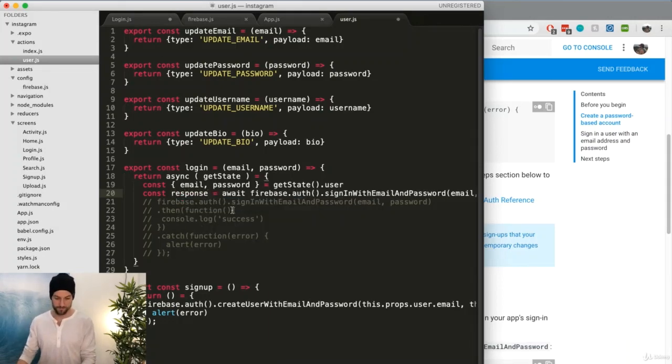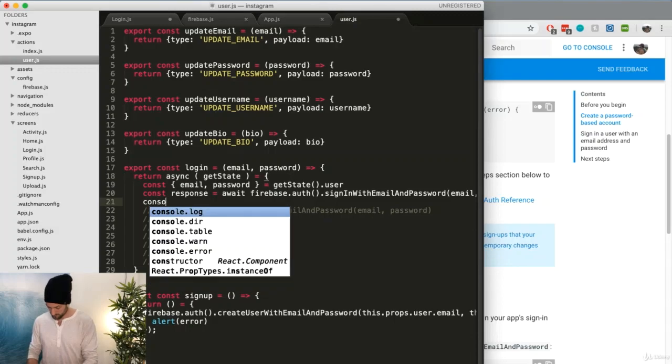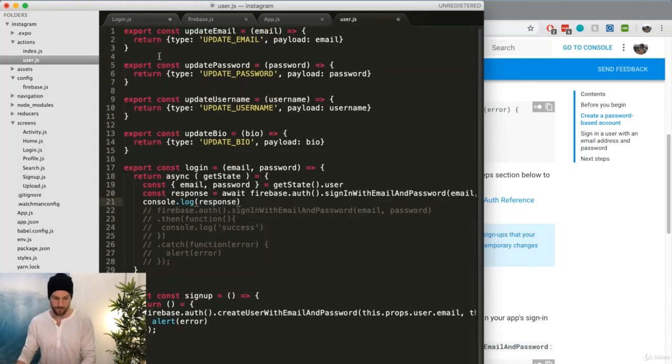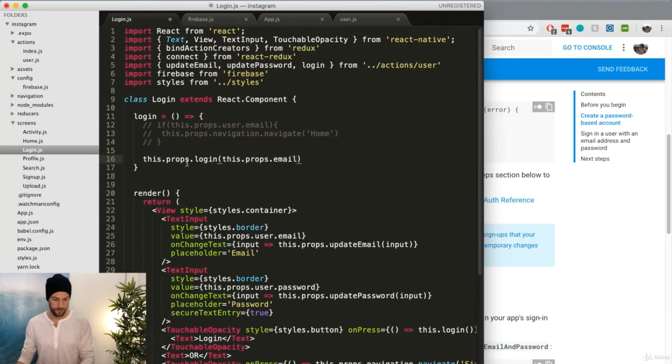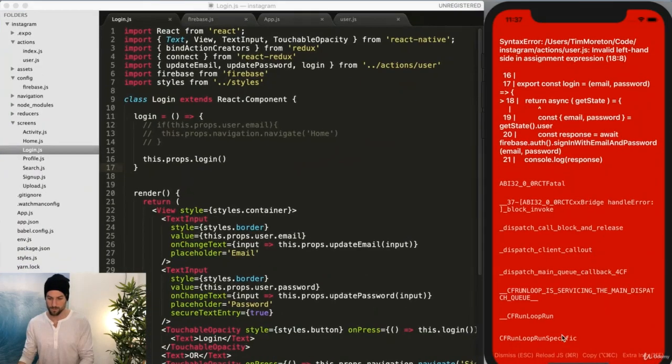And I spelled response wrong. So we're calling Firebase sign in with email and password with our getState email and password, and then with that response, for now we're just going to console log it and see what it gives us. And then in login, now we don't need to pass in anything to it because we have getState. And let's see what we broke. So, invalid left hand side, sign